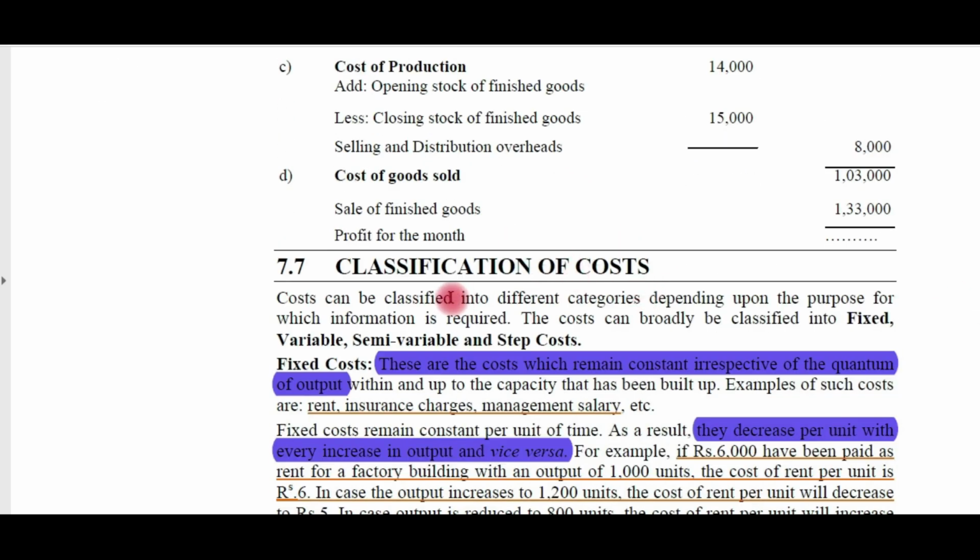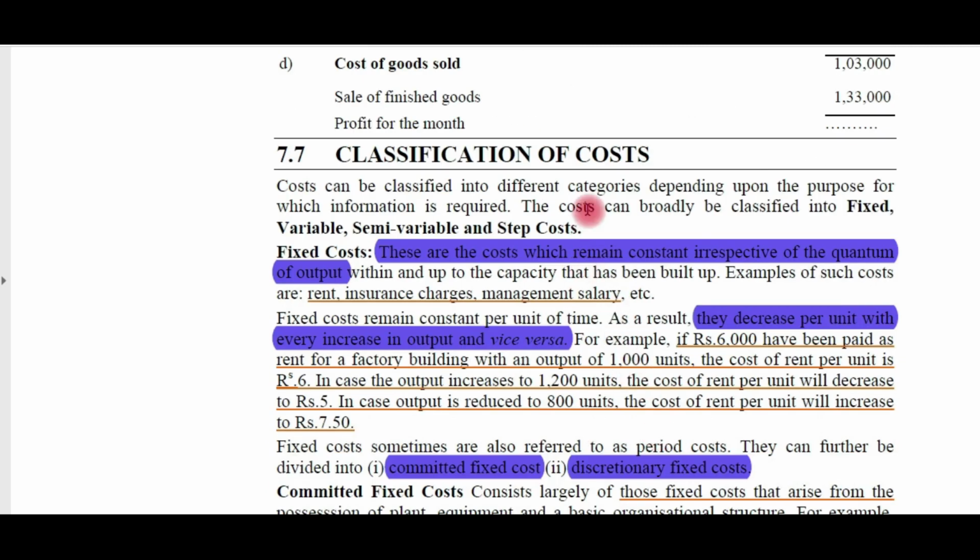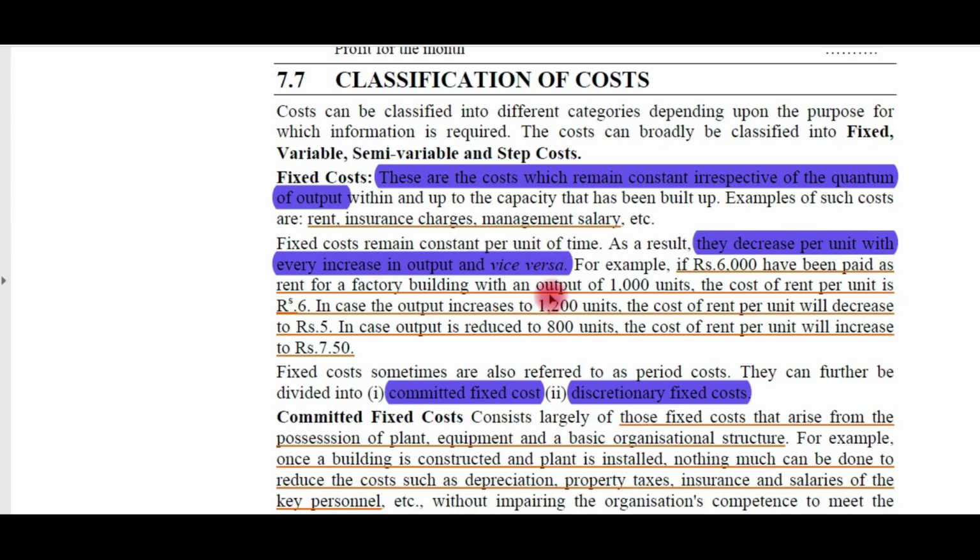It's very simple. The next topic is classification of costs. Earlier we have seen classification as direct cost, indirect cost, cost within factory, cost within office, cost within sales and distribution divisions, and within that again cost related to material, cost related to labor, cost related to other expenses. There is another classification which is a general classification which is used throughout all the companies. It is fixed cost, variable cost, semi-variable cost and step costs. We will see one by one.